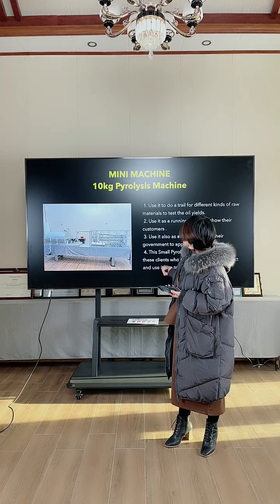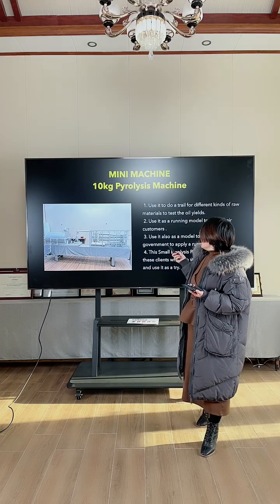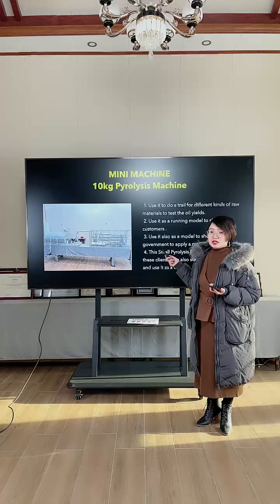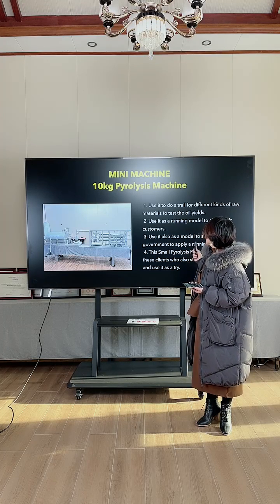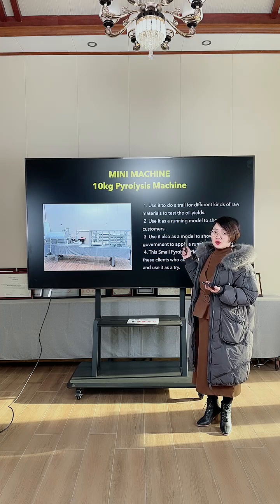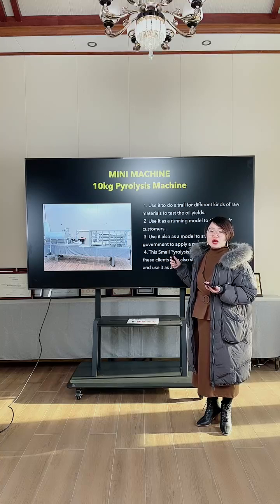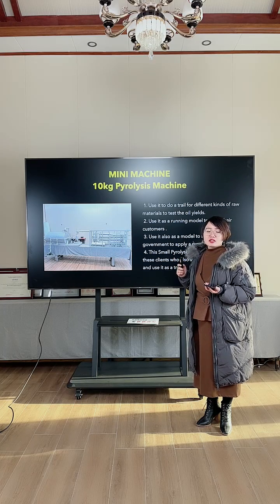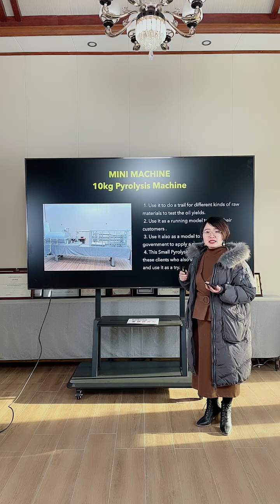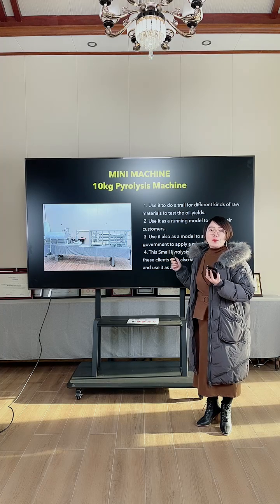And we can see our 10 kg pyrolysis machine. What's the usage of the 10 kg pyrolysis machine? First, it can be used as a trial for different kinds of material to test the oil yield. If you are new to the pyrolysis business but don't have enough confidence, you need to test the raw material, right? You can use the 10 kg pyrolysis machine to test the raw material, and it gives you more confidence about this